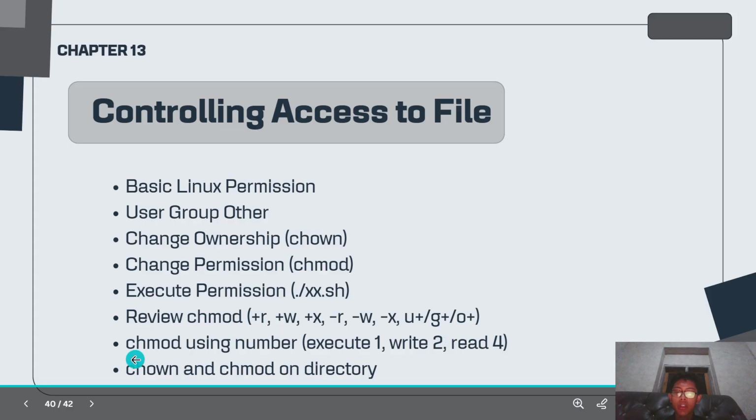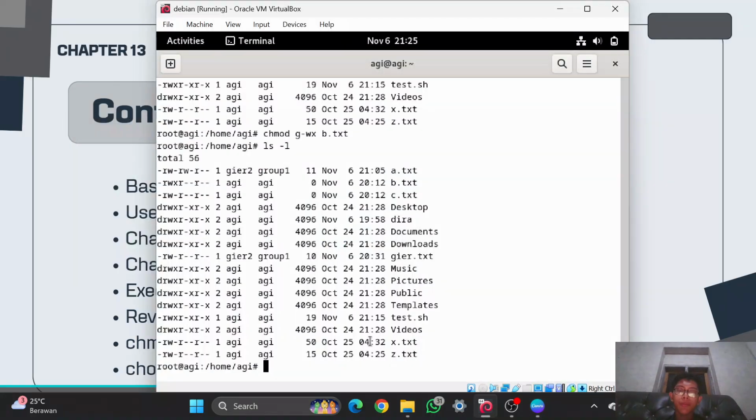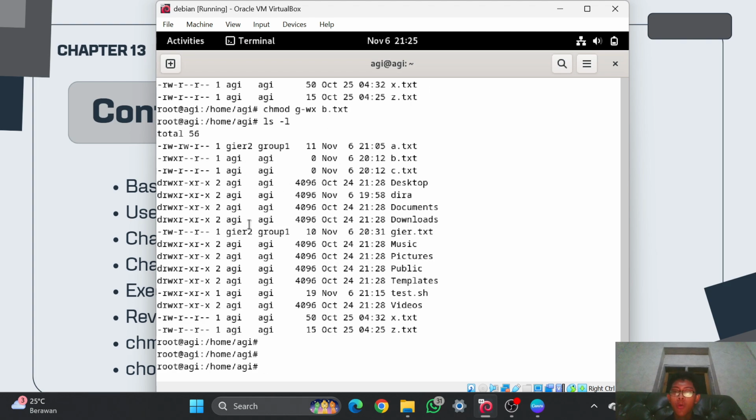And the next one is chmod using numbers. So for example, I will practice again on c.txt. I want to make the Agi user have full access and the group have full access again, but the other only has access to execute.